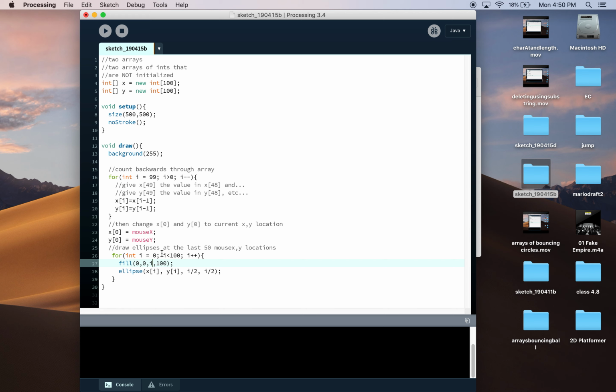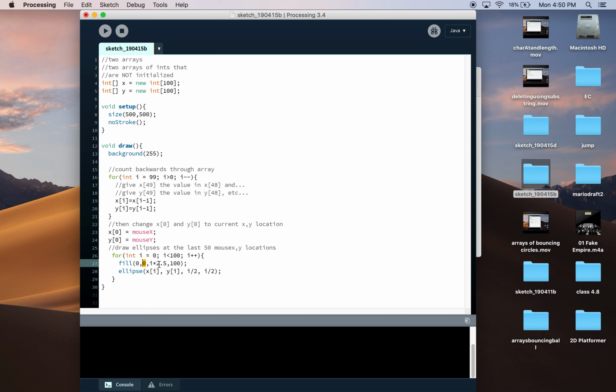But because of the difference in colors, since I have 100, I'm going to actually multiply it, say i times 2.5. So the first one will have a value of 0, and then this last one will have a value of 255,